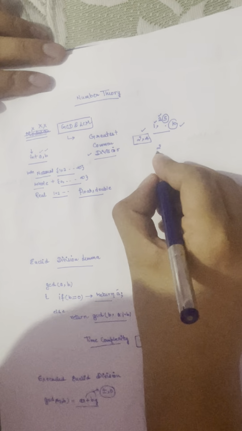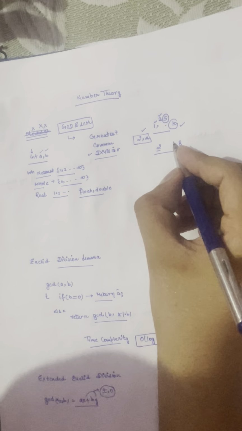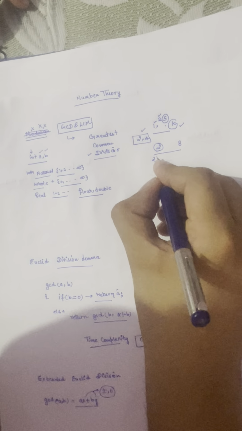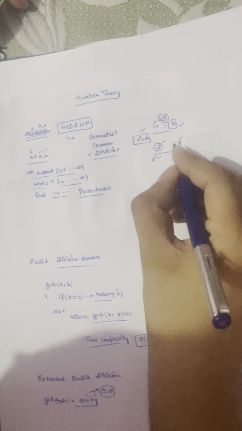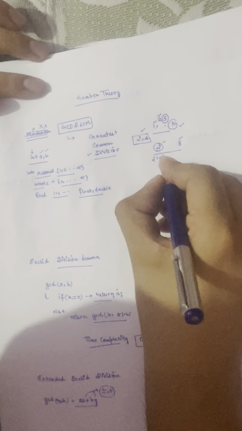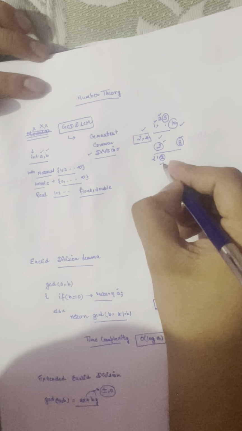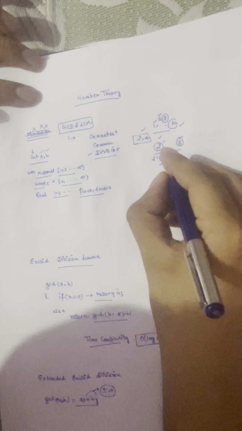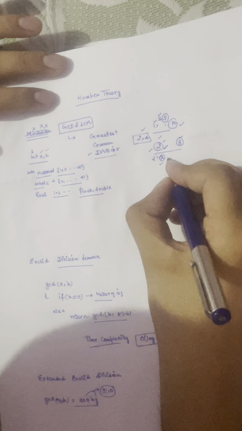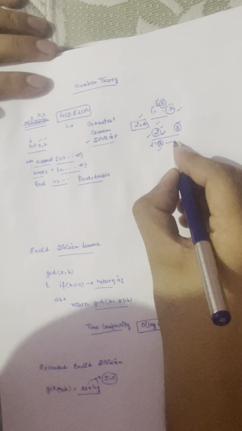Let's say we are given two numbers a and b, one is 2 and another is 8, and we need to find the greatest number which divides both. 1 divides both, but we are finding the greatest number, so we check for 2. 2 also divides both, so GCD becomes 2. We would check for 3, but all the numbers above 2 would not be able to divide 2. So the GCD of this would be 2.